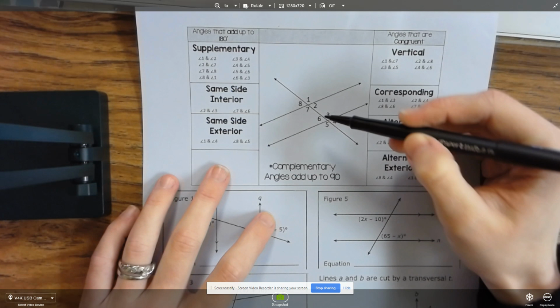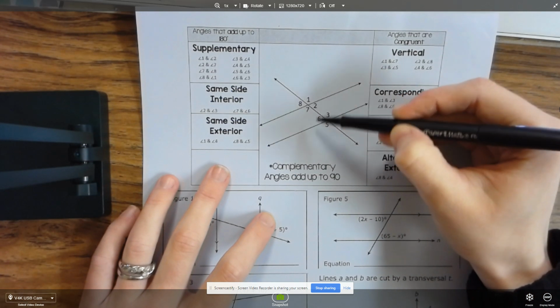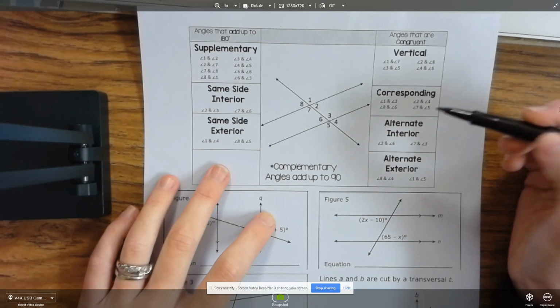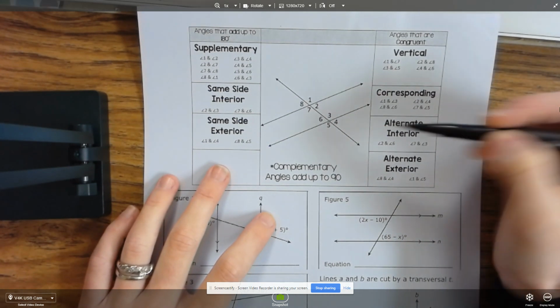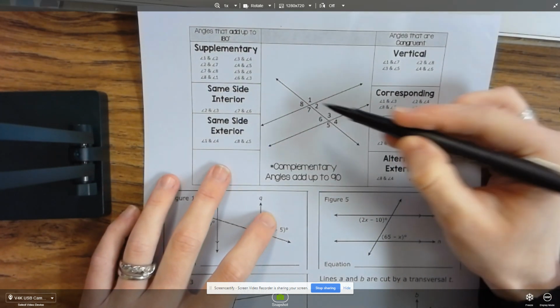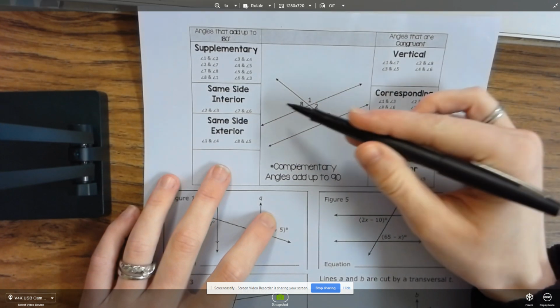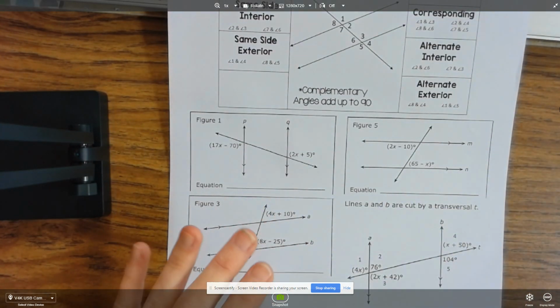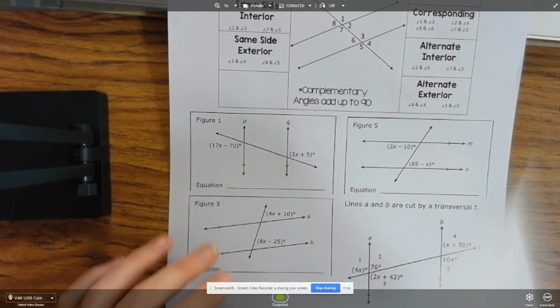And then alternate interior, like 2 and 6, they're on different sides of the transversal, but they're both still inside the parallel lines. And then alternate exterior, like 8 and 4, they're outside the parallel lines, and they're on different sides of that transversal. And so remembering the relationships is the hard part of this, but remember, you can use